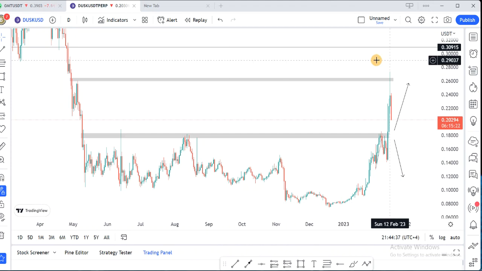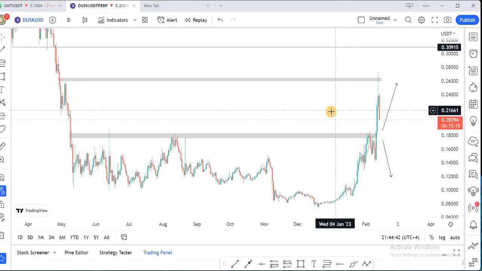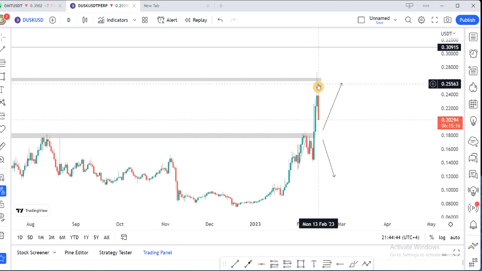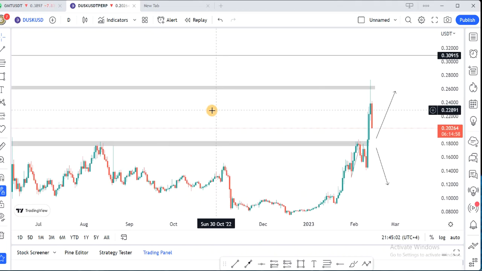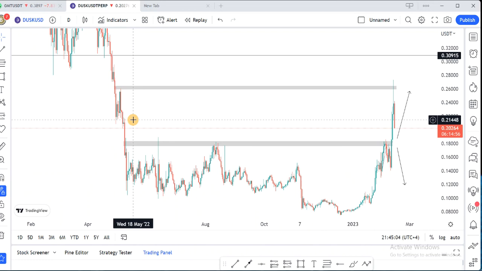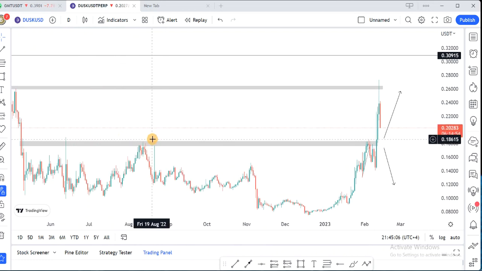Avoid the noise and focus on the main thing. If you check here, it is on 26. What will you do if you short this from here using your support and resistance strategy, which you all know, but you try to disturb yourself by learning what you don't know? Focus on the main thing. Avoid the noise. These things worked.